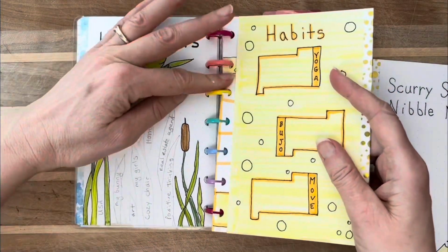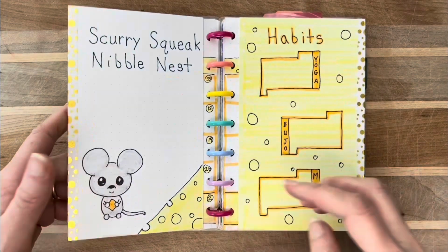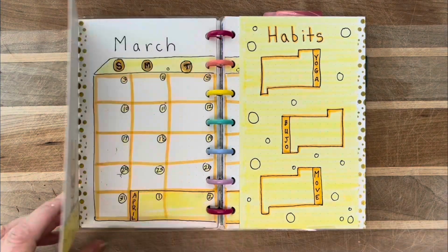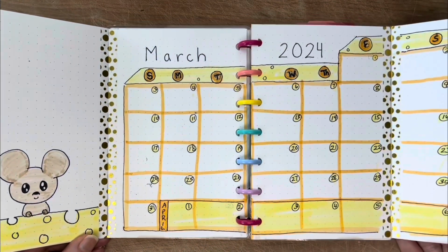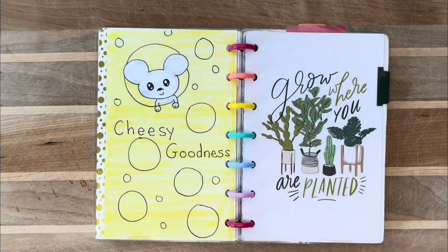Here I have my high points, the gratitudes from last month. You can pause if you want to see what I was grateful for. And you can see how easily the pages just pop in and out. And this is what I am using currently to do all my planning on, and it's helping me out,